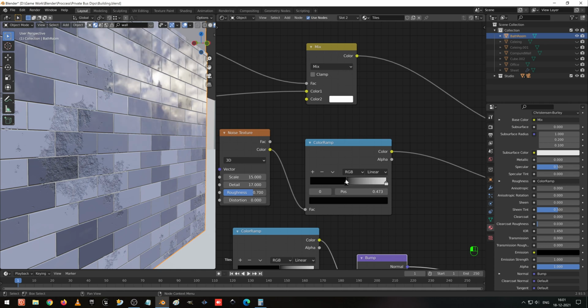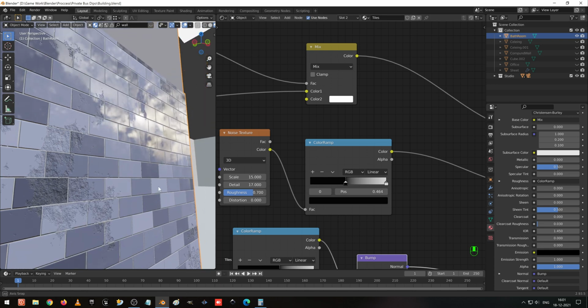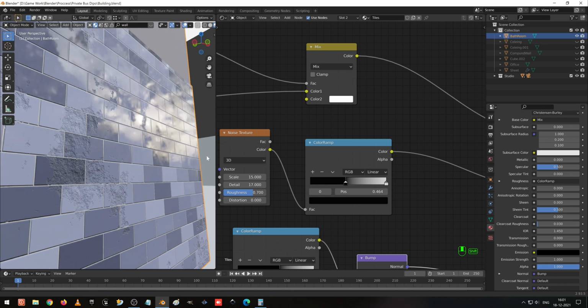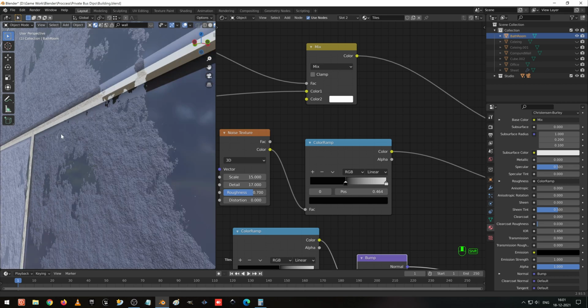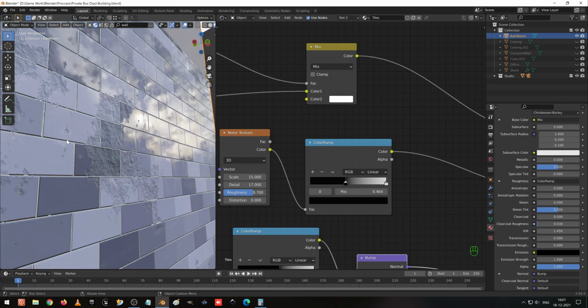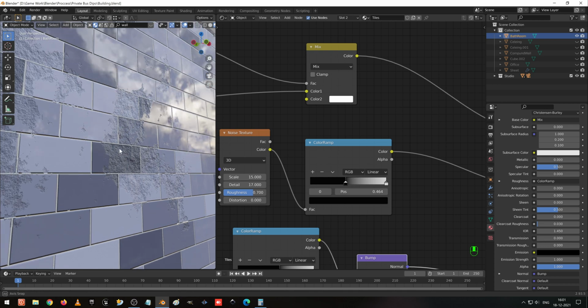So I just increase the value. Okay, it looks nice. And the damage textures. So now, yeah, now it looks better, I feel. Okay, now our tiles have been made ready.